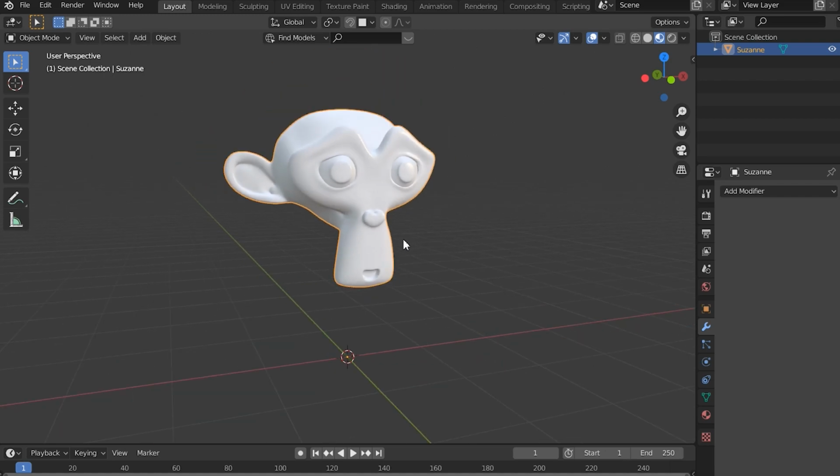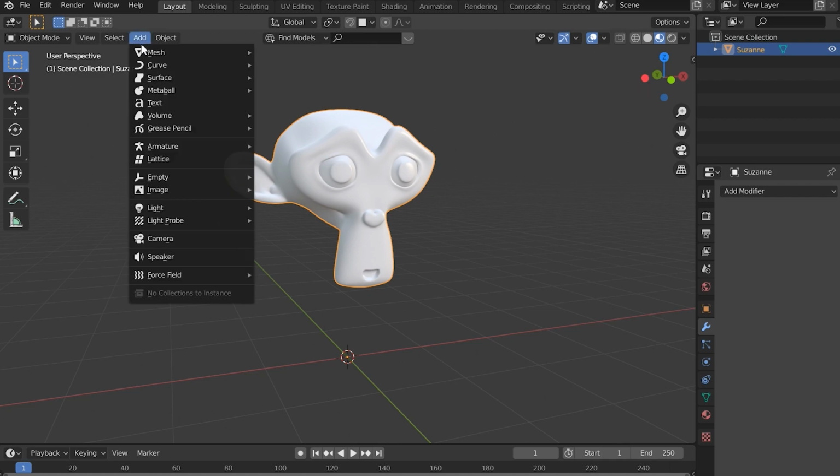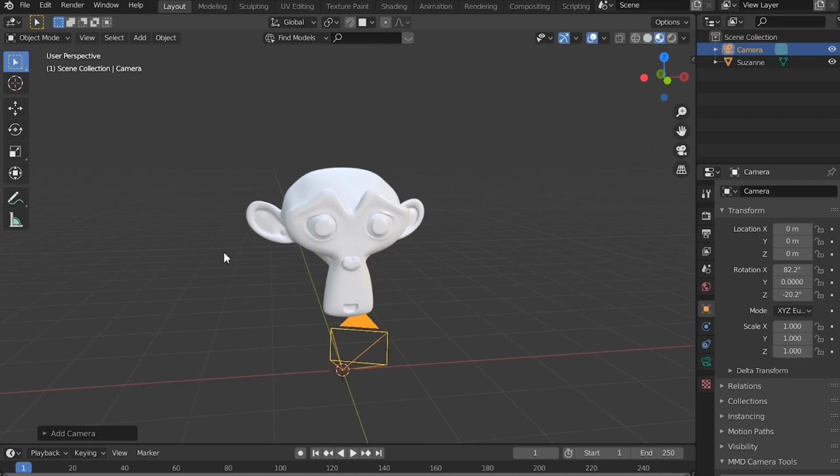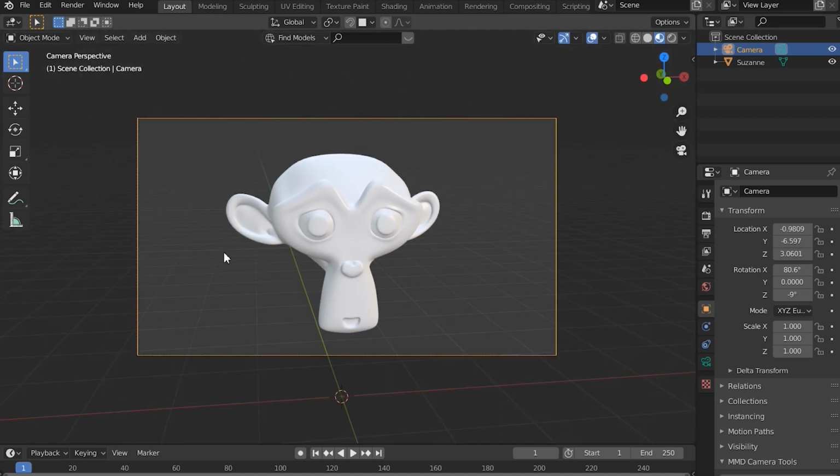Now when you're rendering, which may be a little bit advanced for very early beginners, but rendering does have a couple of shortcut keys that I would like to go over. So let's just go ahead and add a camera. Basically what you can do is once your camera is added, you can snap your camera to view by Control Alt 0, and it's going to snap your camera to exactly what you're looking at.